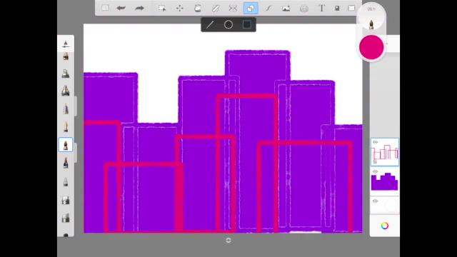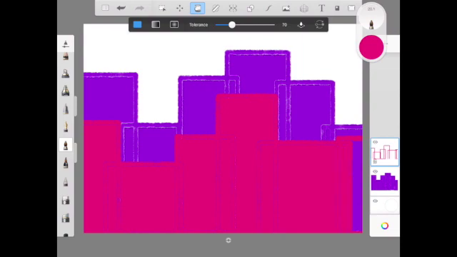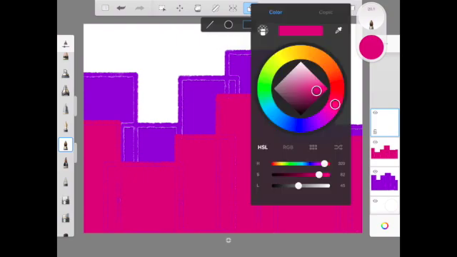Oops, I don't like that one. It's floating too high in the air, so I push the back button. So now I have my next row of buildings. I'm going to select my paint bucket tool and bingo, bango, bongo, fill those puppies in. So now I have my second row of buildings. I'm going to add one more layer because I think I want a third row of buildings. So now I have my farthest back purple buildings, my middle pink buildings, and I'm going to choose my third